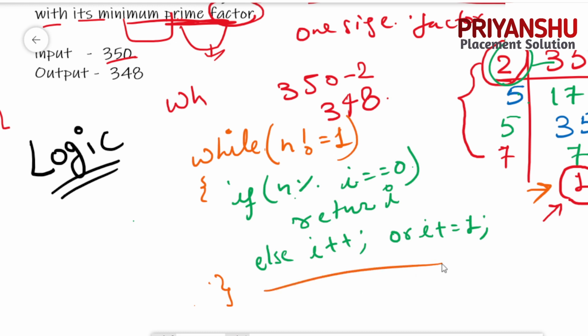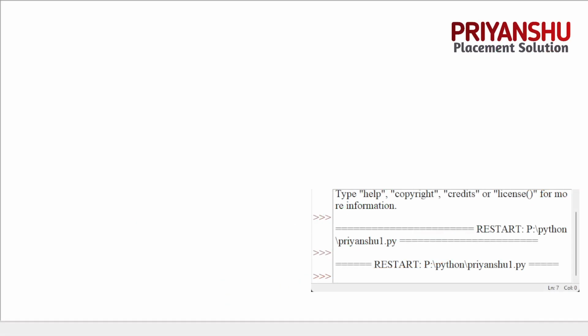So let's see this code in the IDE, guys. First we discuss this code in Python, then we will move to C++. Okay guys, so let's see. So here, this one is my Python IDE, offline. It is not online.